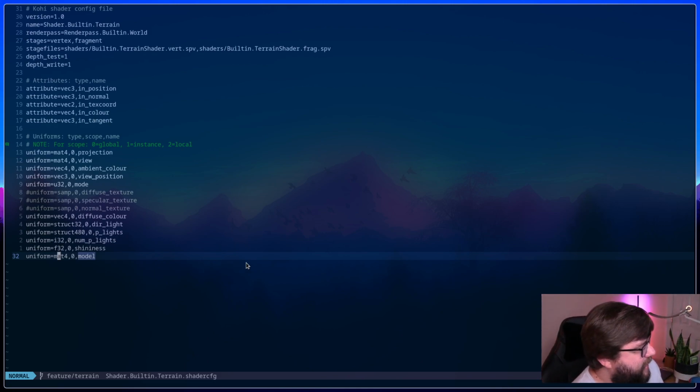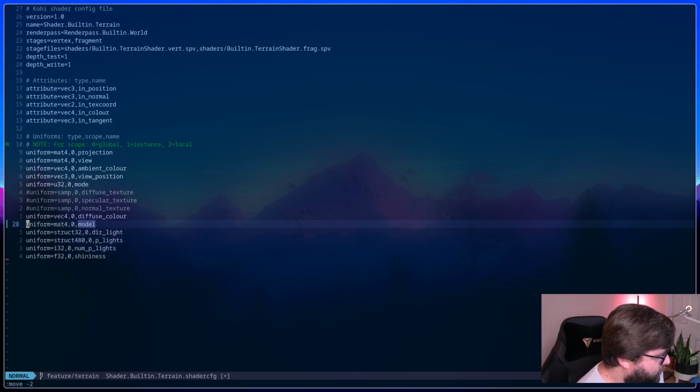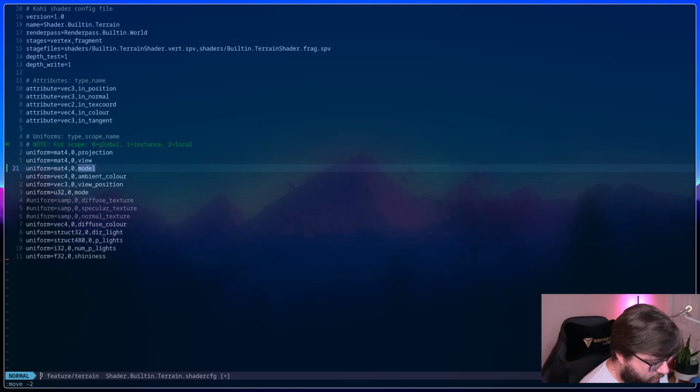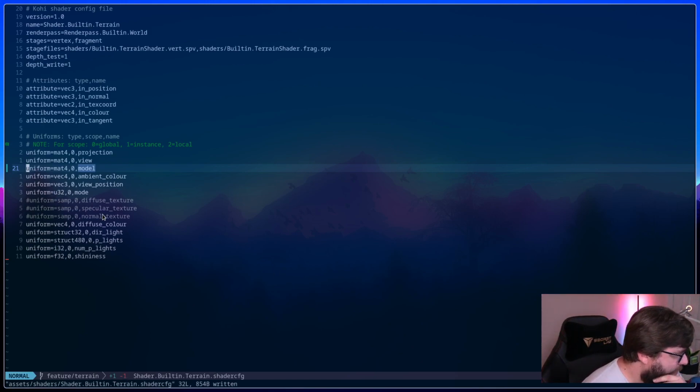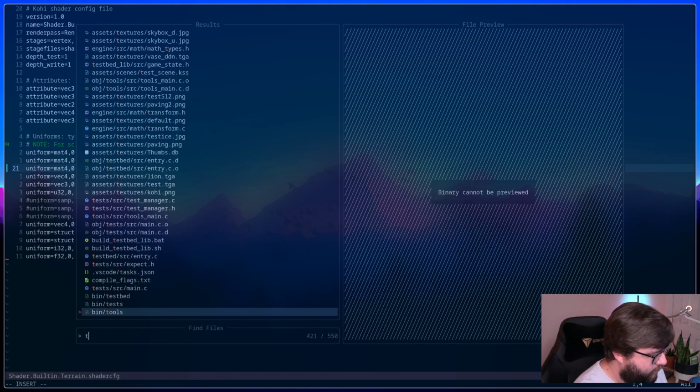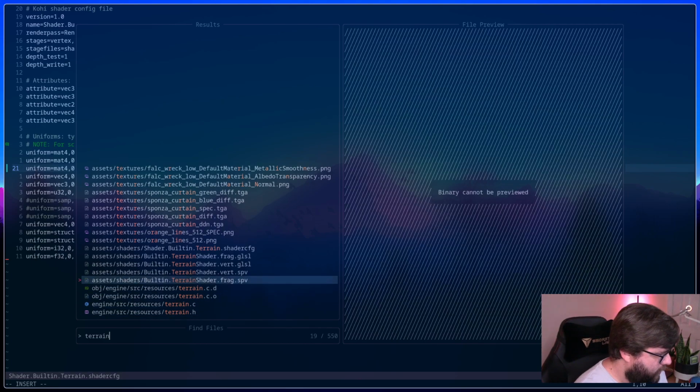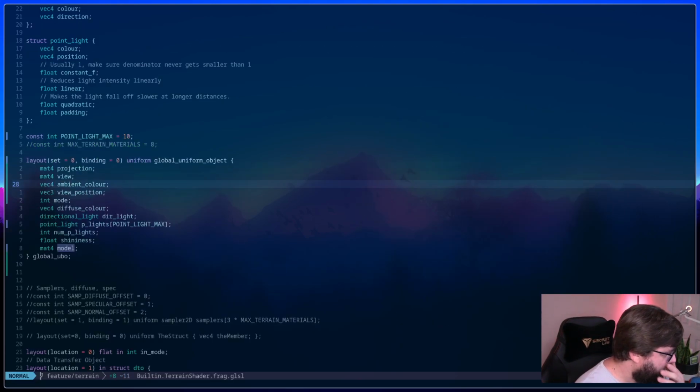So I wonder if I take this guy and move him there, above all this other stuff, which means I'll have to do that in the shader as well. So projection view model, so I need the fragment shader.